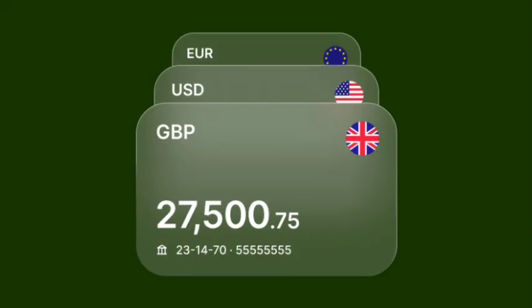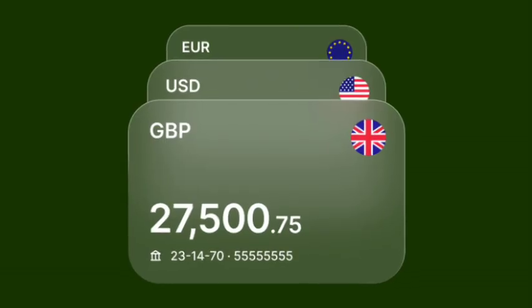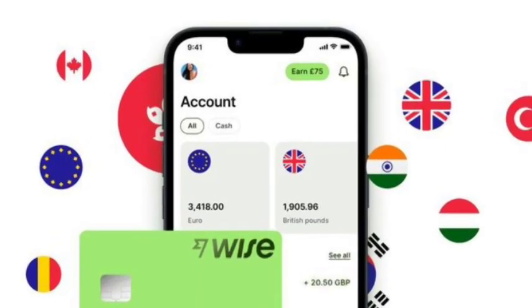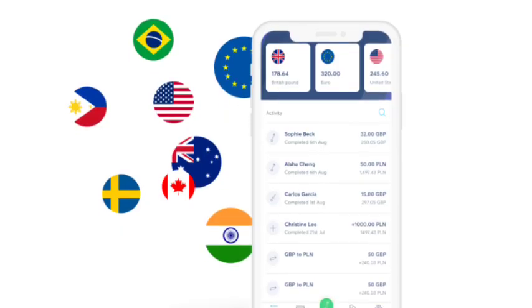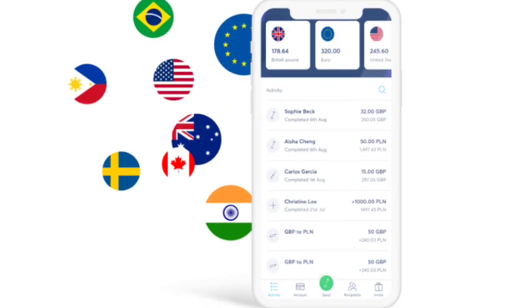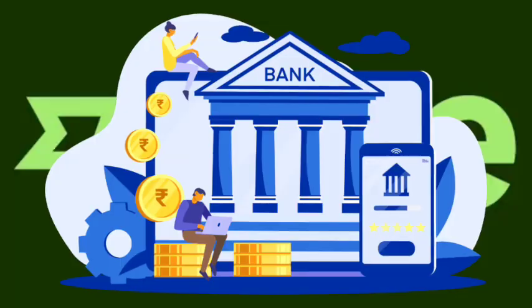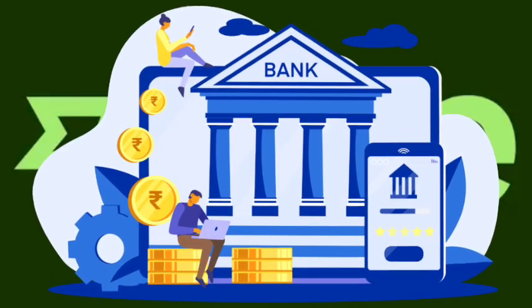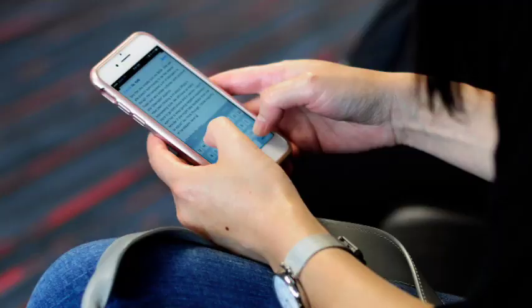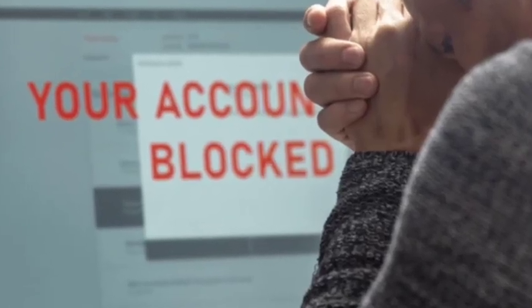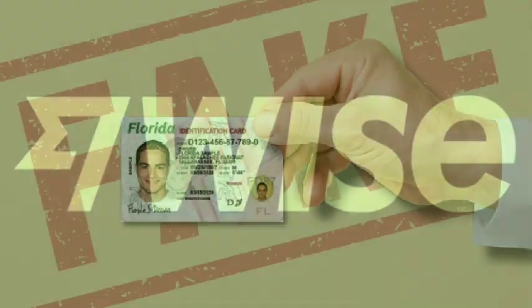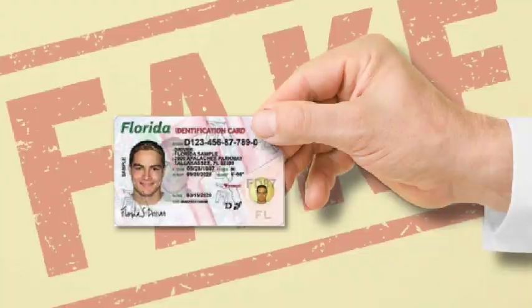Creating a Wise multi-currency account completely changes the game, giving you access to the exact real-time mid-market exchange rate with zero hidden conversion spreads. Because Wise is a heavily regulated international financial institution, its automated compliance engine cross-references your inputs against global banking databases. If your entered details do not exactly match your legal records, your application will face an instant block. So before clicking sign up, make sure you have a valid, unexpired government photo ID, like a passport,